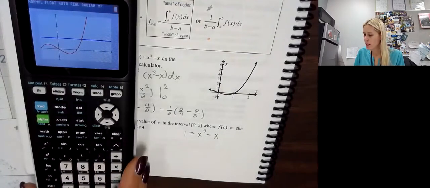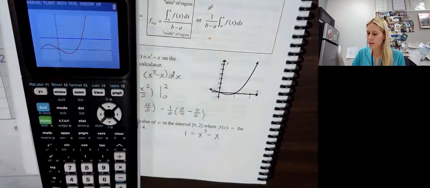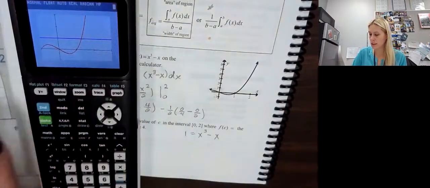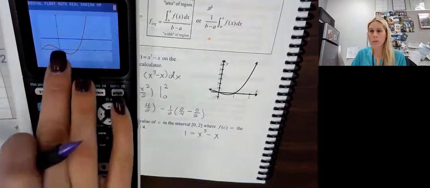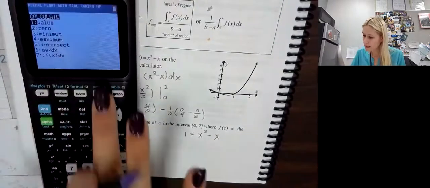So what we're going to do now is see where it equals. Now we're going to the positive, right? Because this just comes down below. And plus we're only going from 0 to 2. So that helps. So second trace,